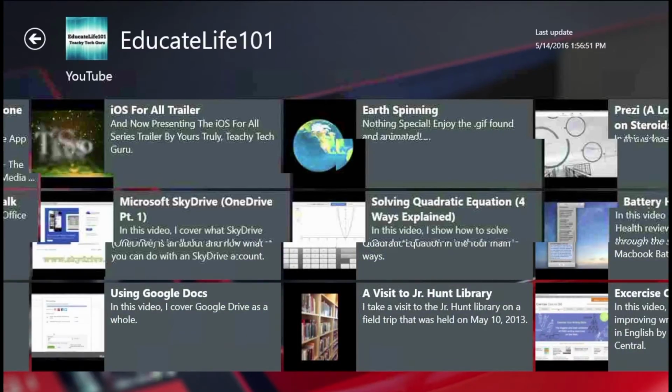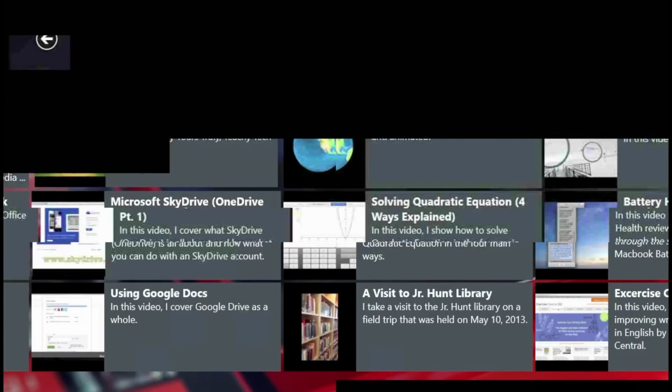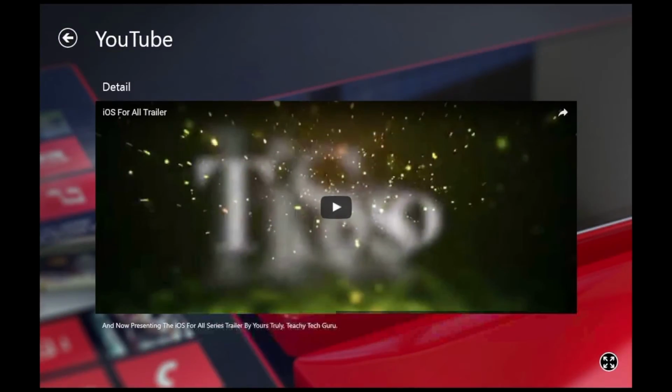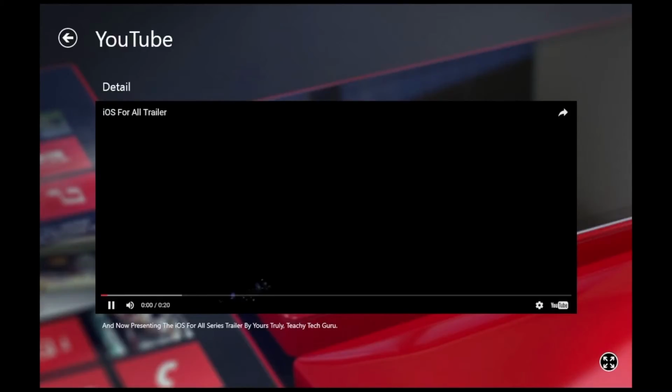And to just demo one video, I will do the iOS for All trailer. So here is the iOS for All trailer. And the nice thing about this is that it's integrated right with YouTube. So when you click the play button and you click the enlarge button,